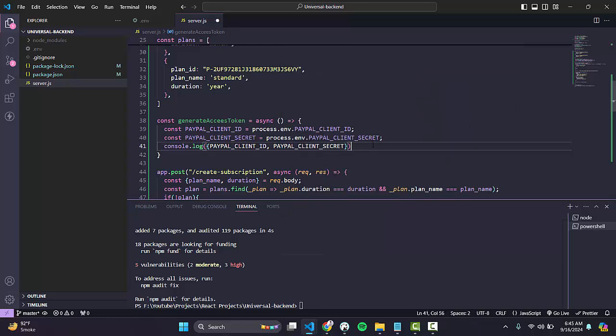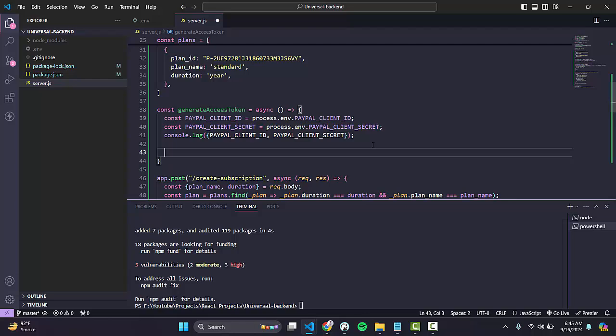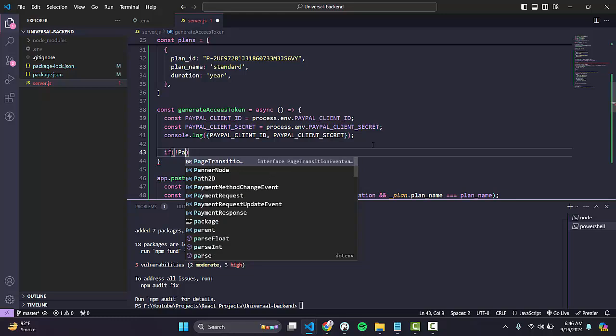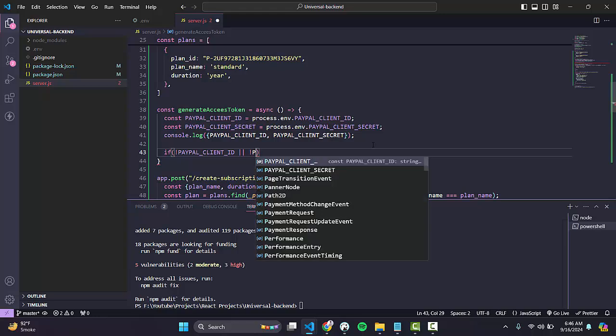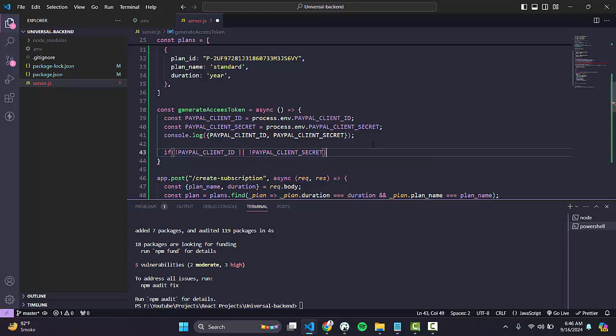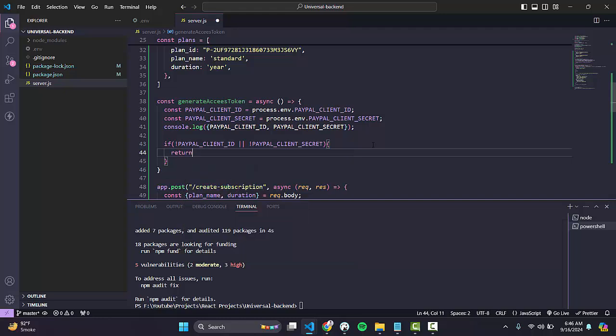We have to handle the errors if we don't have our PayPal client secret, then we will return null, or we can throw PayPal credential not found. We can throw if one of it does not exist. Okay, so now